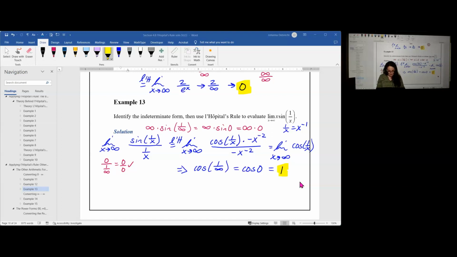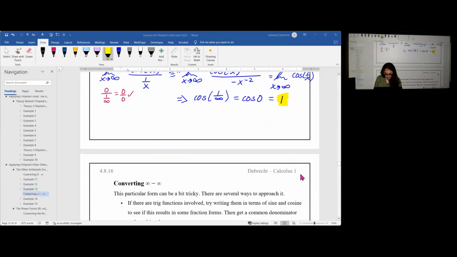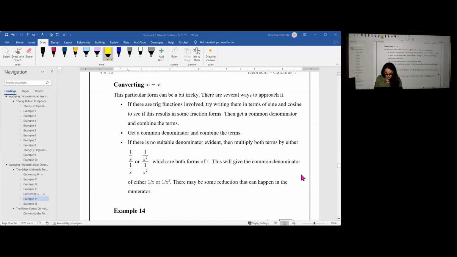Let's now look at converting infinity minus infinity. To be honest, these are harder and more tricky. There are a couple of techniques that we can use. Some of these require very convoluted algebraic methods, and we'll not employ those. We're looking for basic solutions, although you may not feel like they're basic once you see what we have to